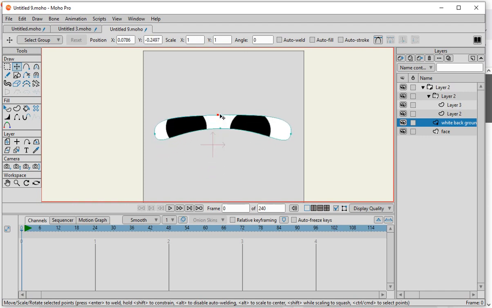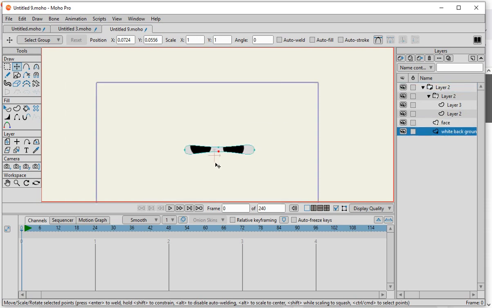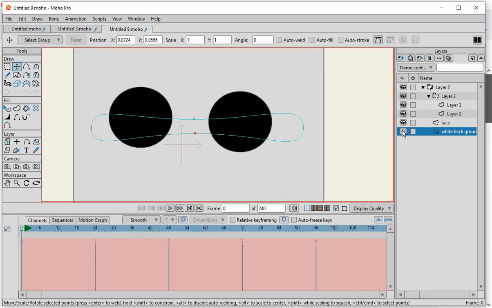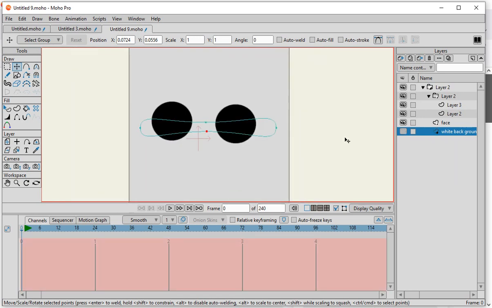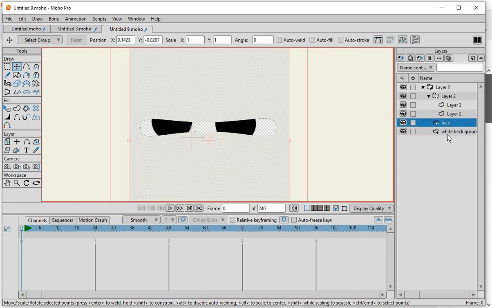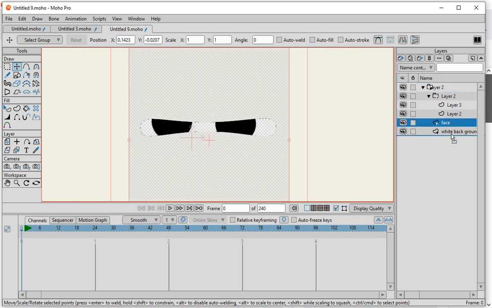So if we're doing any kind of change as far as the masking part is, and we're looking at this white background, right? So if I double click on that, it's masking it, right? So technically be masking the other part of the face. So put these back in order,